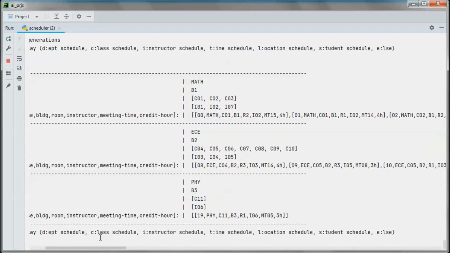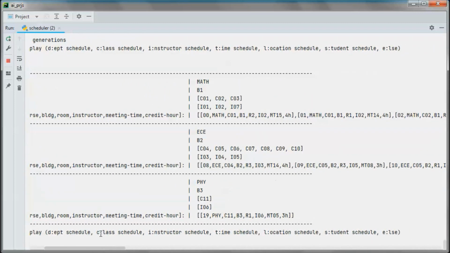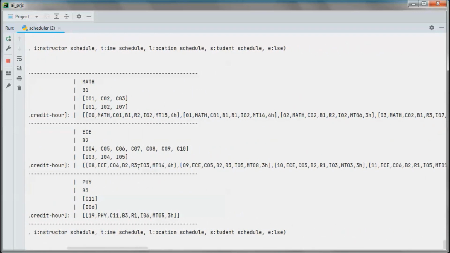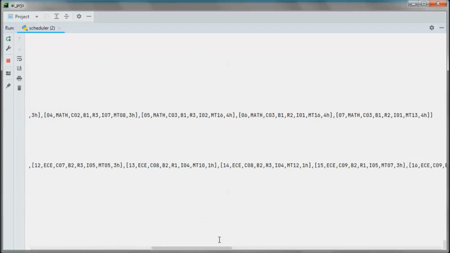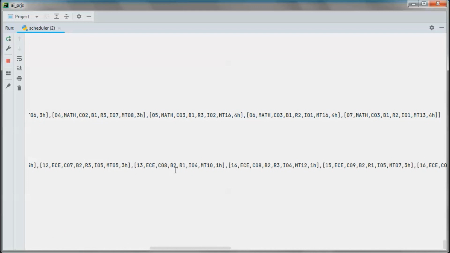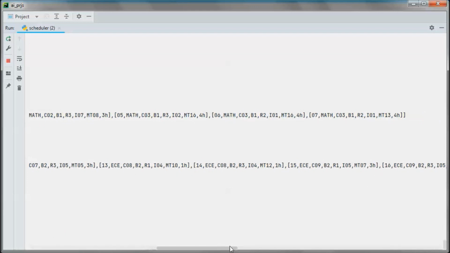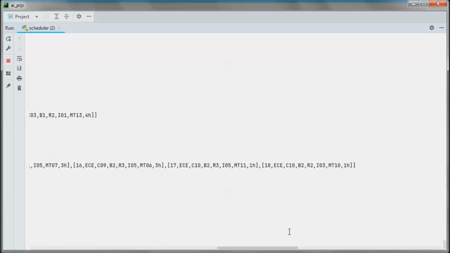And ECE is in building B2, so same thing here, we have B2 and B2, B2, B2, same, and same thing.